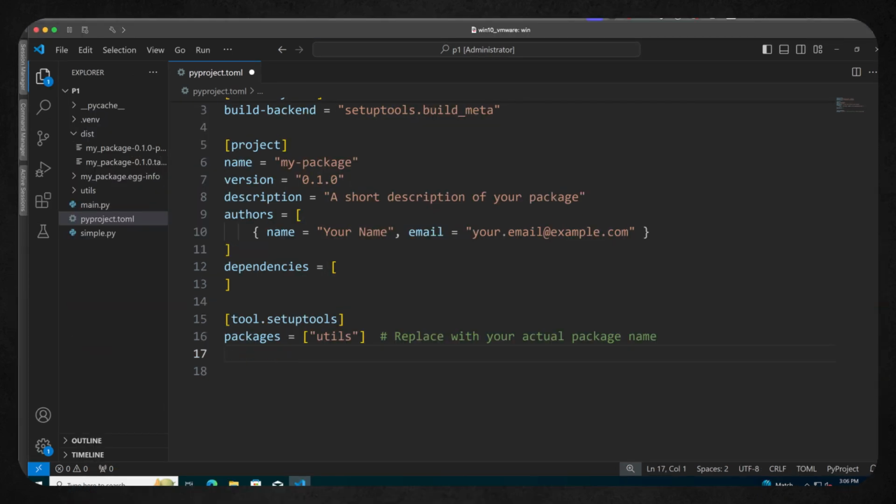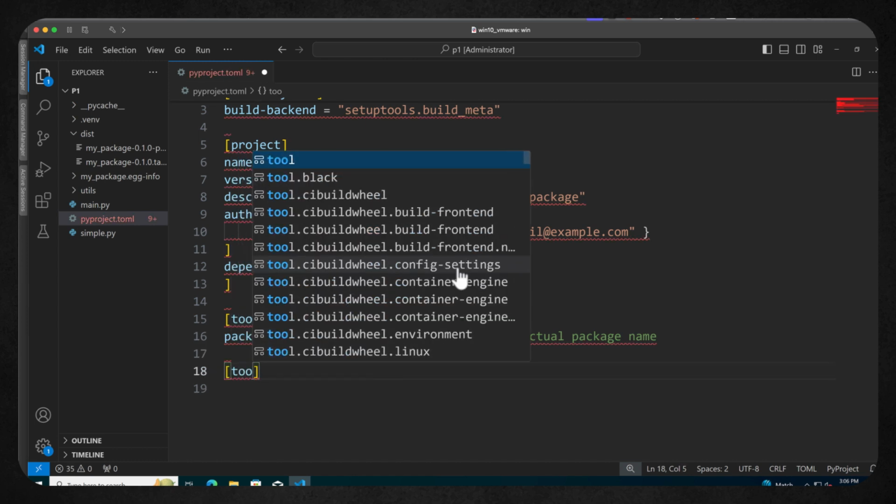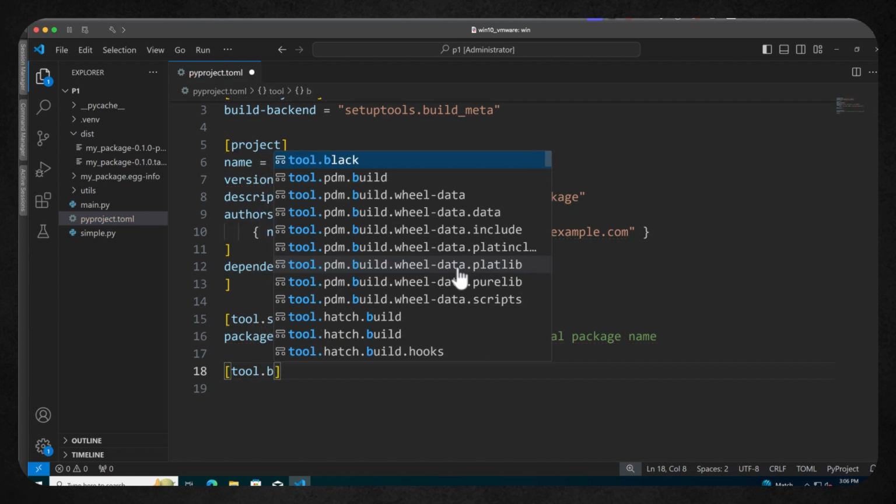So I'm back working in my Python project and the pyproject.toml file. We've already seen that we're able to use this as a replacement for our requirements.txt and our setup.py. But we could also use this as a configuration backend for many of our Python linters, such as black. And in this instance, we'll be using black as our linter. So I can add in a setting for this: tool.black.